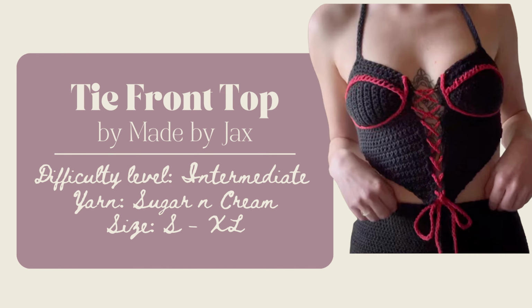Here is a bustier corset made by Jax, and this pattern includes size small to extra large. I loved how simple the construction is on this one, and the detailing is really nice as well. And you could get really fancy with the detailing along the lining for this one, adding your own little spin on it. And I think maybe instead of that red color, you could use maroon to make it even more whimsigoth.